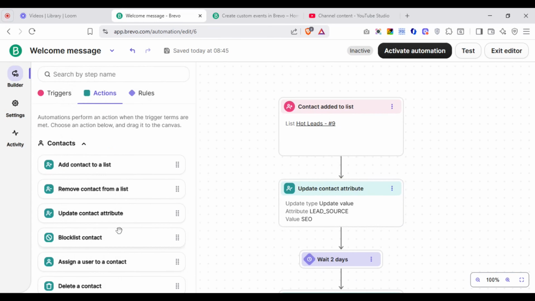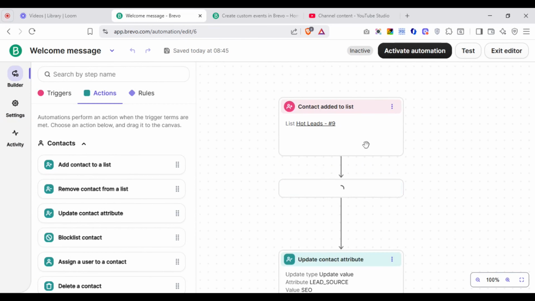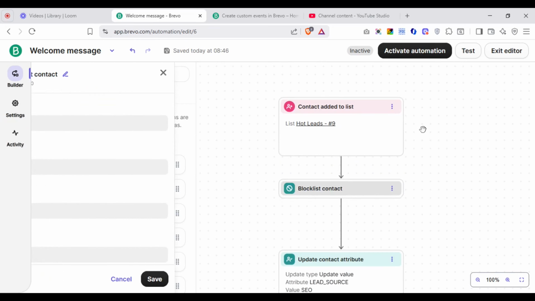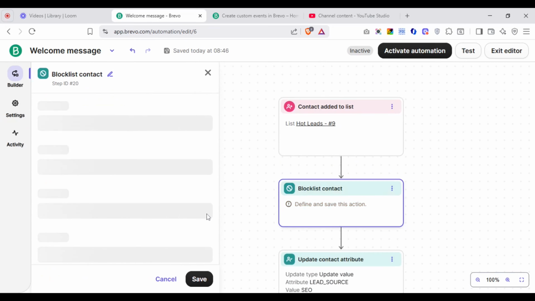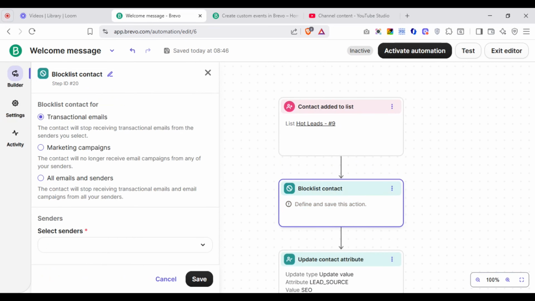And the next action will be to blocklist the contact. So you can decide that when they get into this list, I don't want to send them an email, I don't want to send them SMS, or I don't want to send them anything. You can just decide to blocklist them. And when you blocklist them, whenever you send out an email, it is not going to be delivered to them. So this is done for contacts that unsubscribe. It is very good because you don't want to keep sending emails to contacts who are unsubscribed